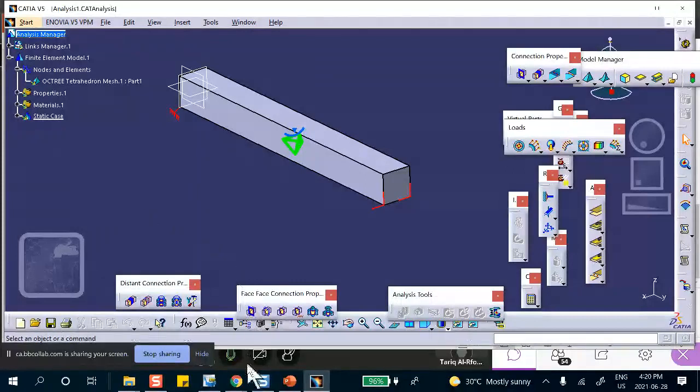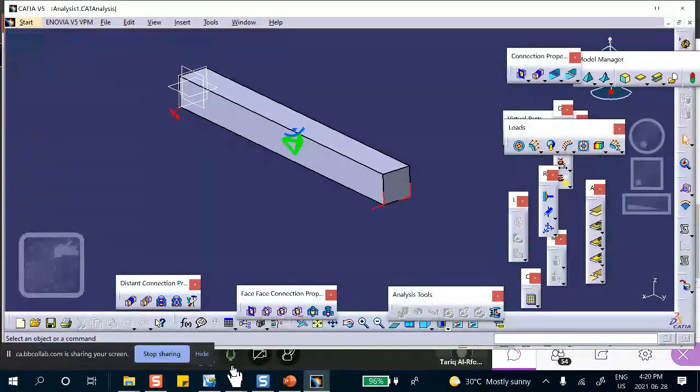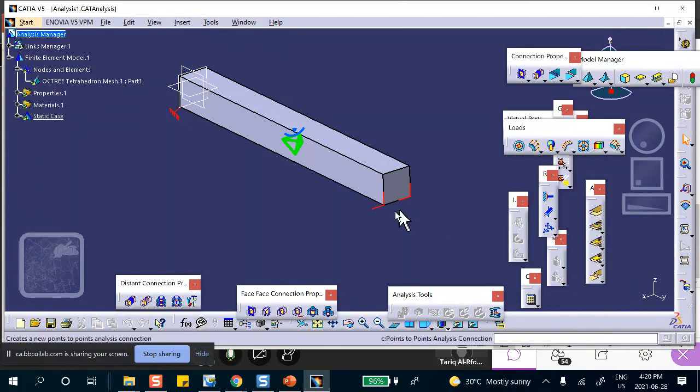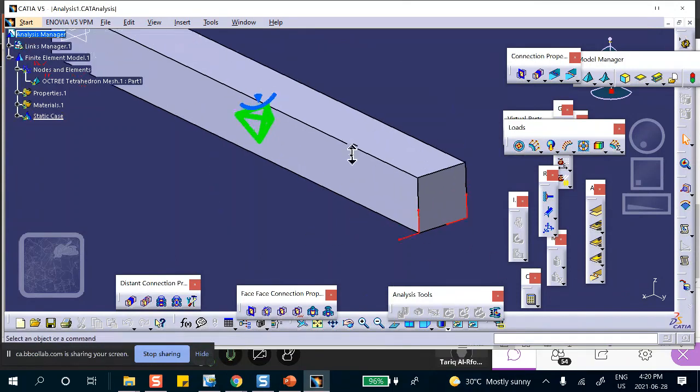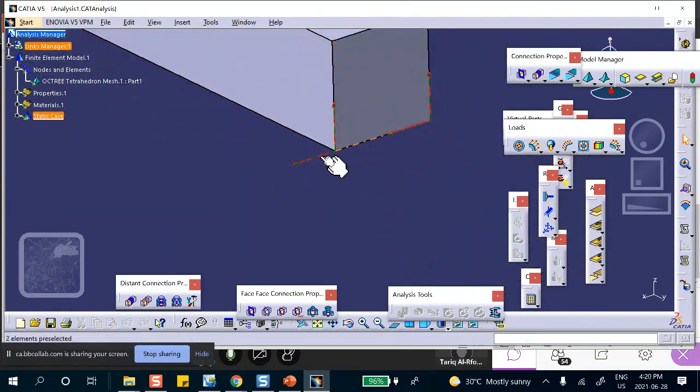Professor, can I see the coordinates? It's hidden between one of these toolbars. Because you restrain translation on 1 and 3, but I don't have a visual of what the axes are. Okay, so it's behind the model direction manager. Okay, wait a minute. What is the issue? I'm sorry, can you repeat that?